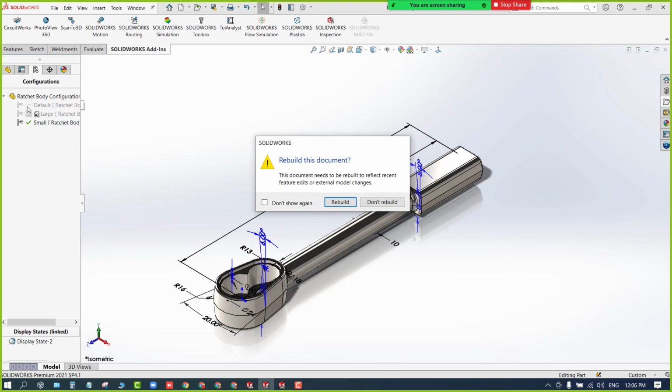Rebuild is required. Update is required, you can write.